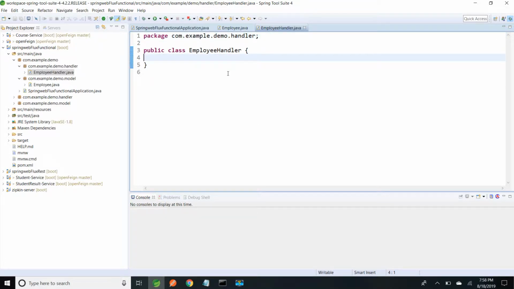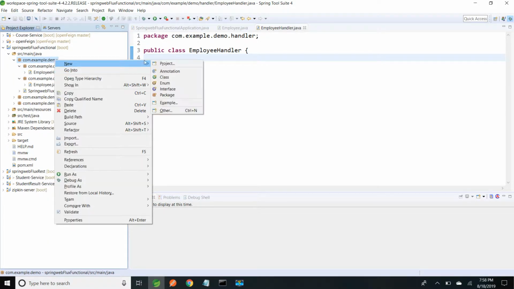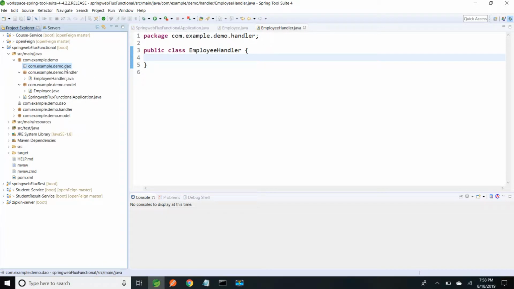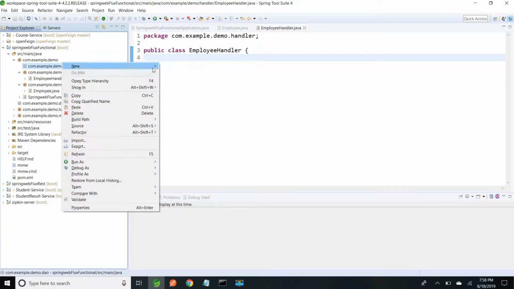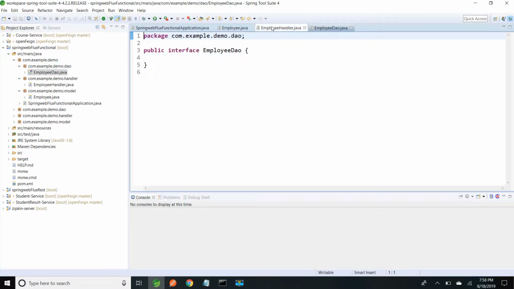So to connect to MongoDB, I need to create a DAO class. So I'm going to create one DAO interface that extends ReactiveMongoRepository. So first I'm going to create package DAO, and in that I'm going to add the employee DAO interface, employee DAO, which extends ReactiveMongoRepository,